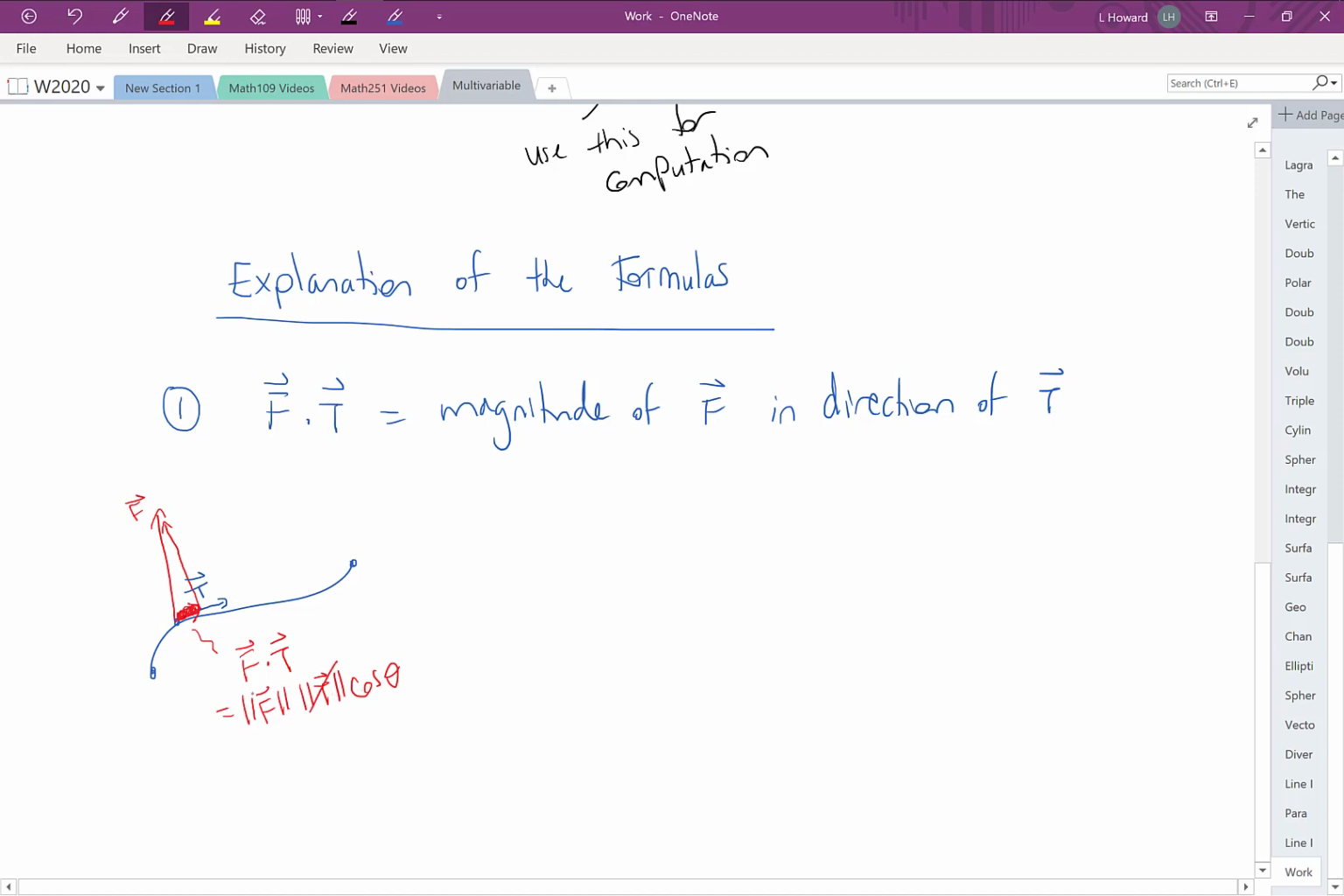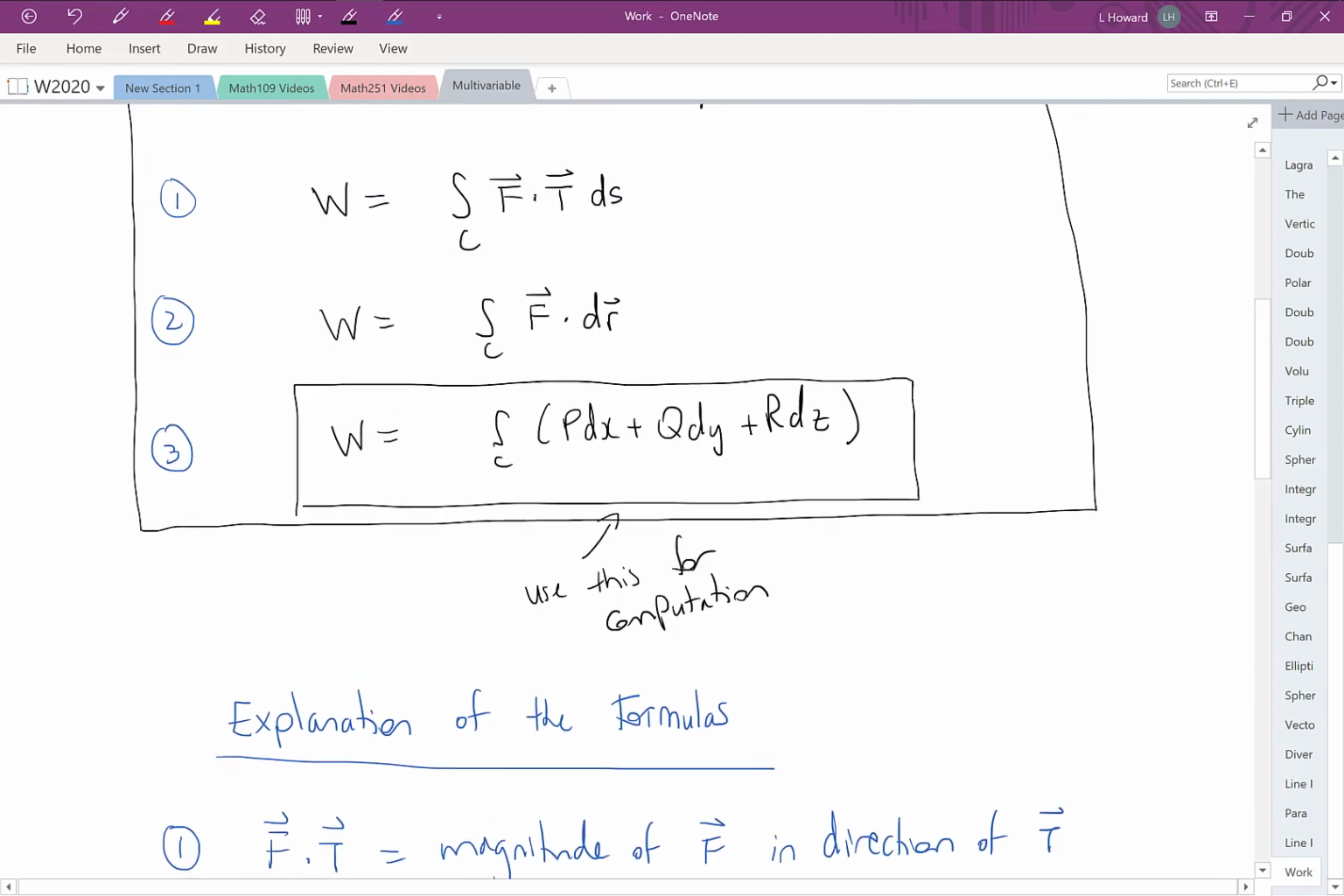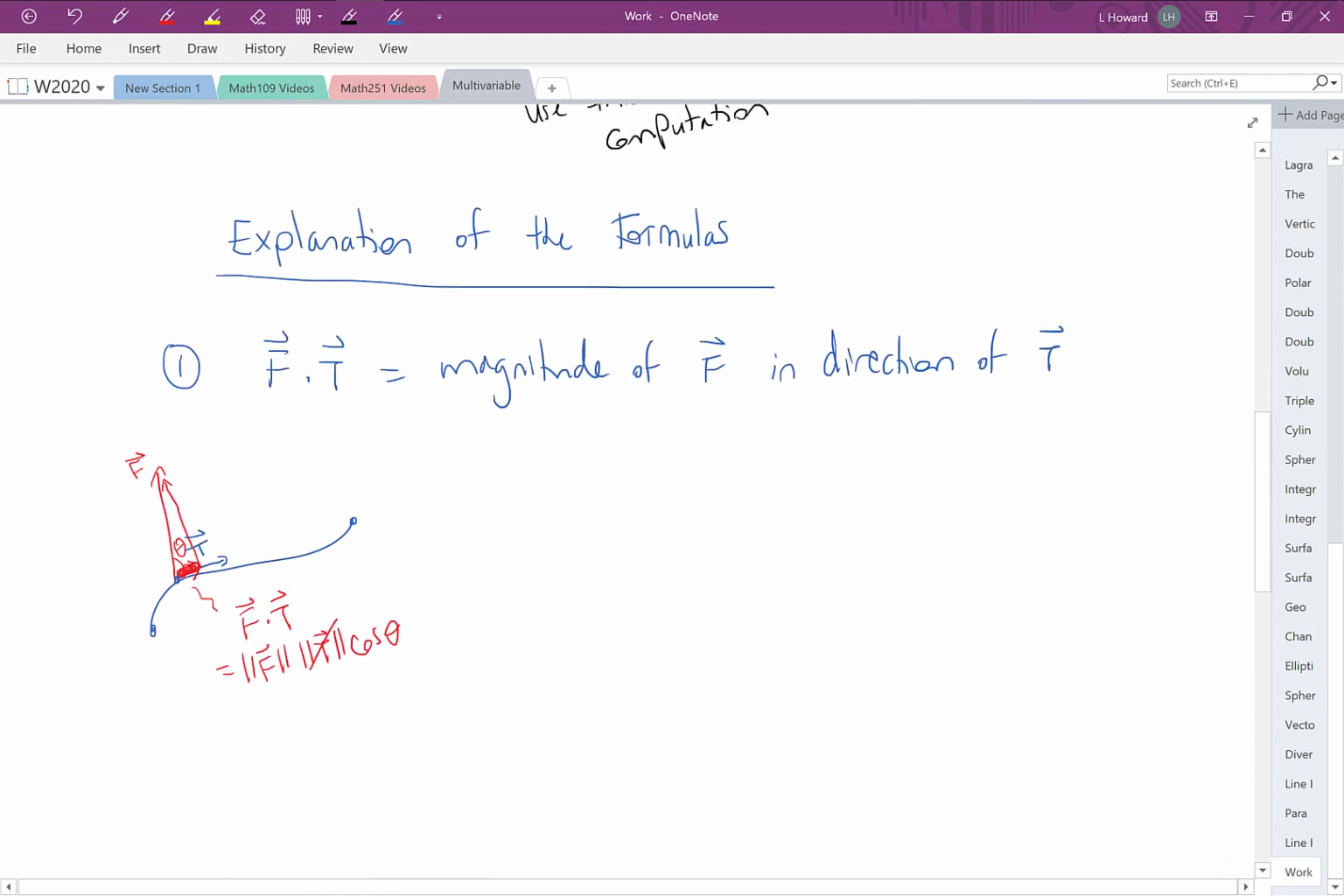So sure enough, that's length of f times cos of theta, where theta is the angle between our two vectors f and t. So that's the component of f in the direction of t. Now, if we look back at our integral, we are really taking this f dot t and multiplying it